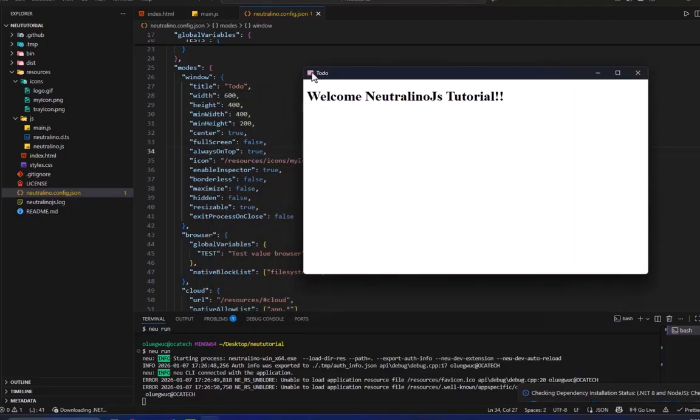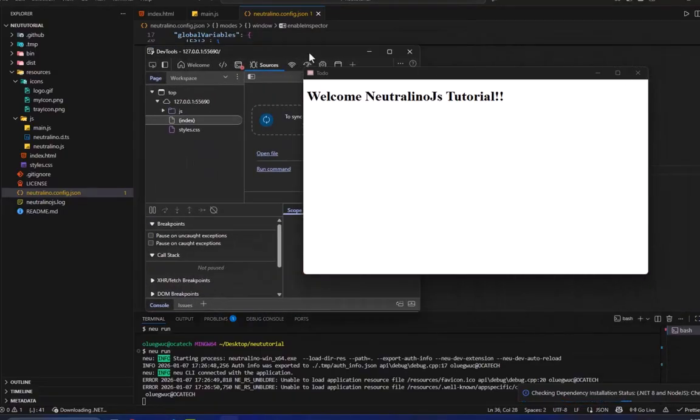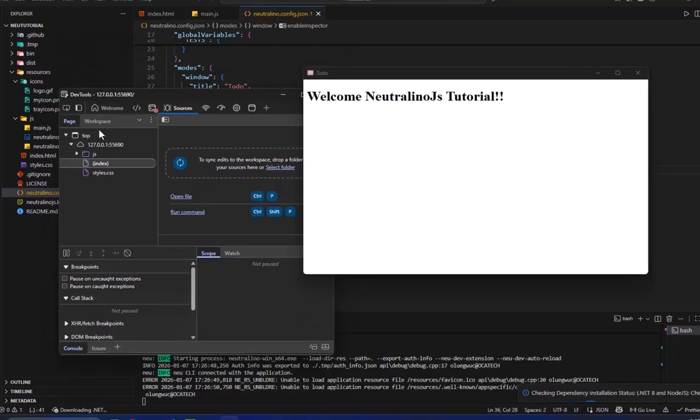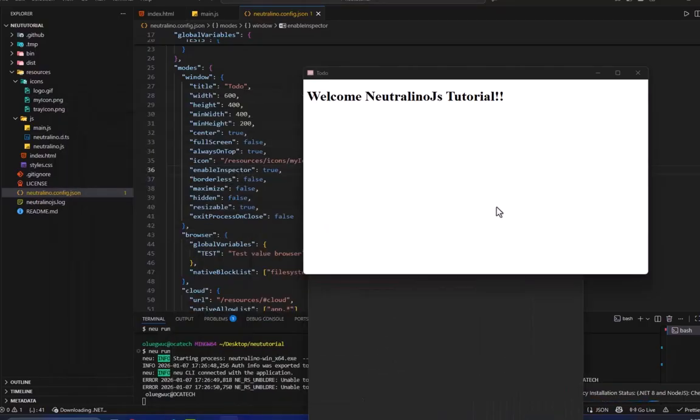Then enable inspector. This is another configuration. Enable inspector to be true. This will allow you to open the development console. Okay, the development console is here. It is on my second screen, and this is it here. Each time you launch the application, you can access the development console by setting enable inspector